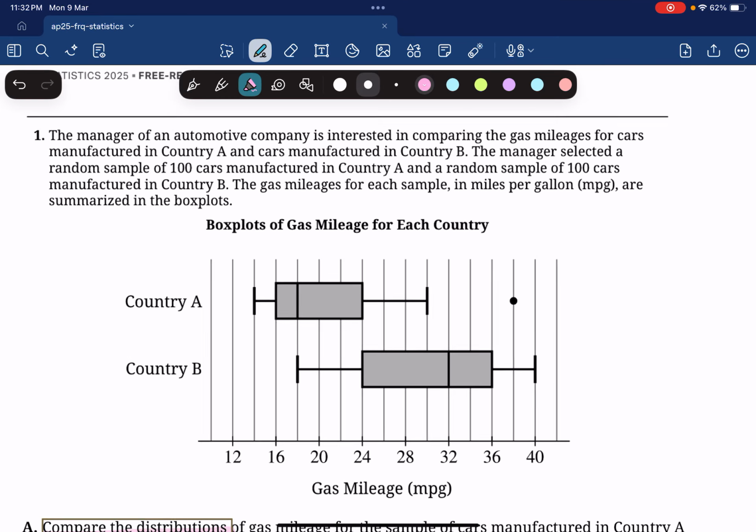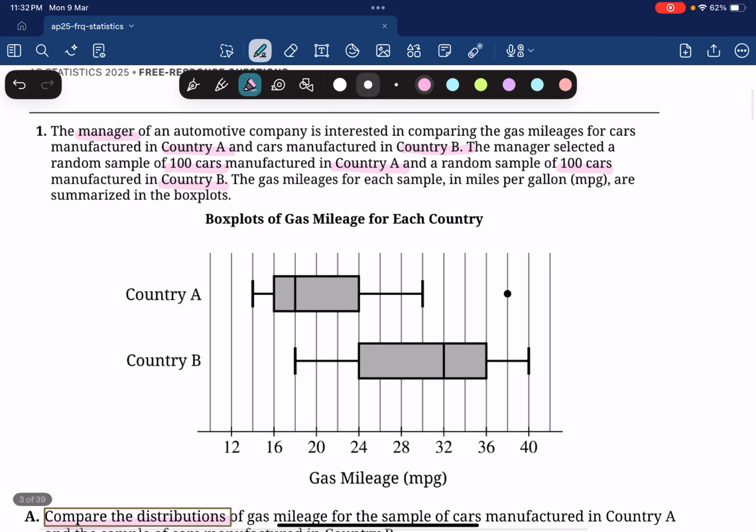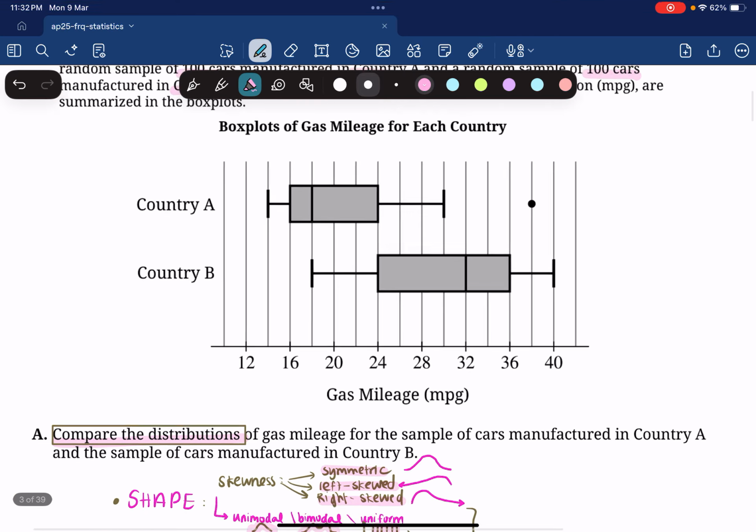So free response question number 1, we have a manager of a company who's interested in comparing the gas mileages for cars manufactured in country A and cars manufactured in country B. So he selects a random sample of 100 cars from country A and another random sample of 100 cars from country B. And so they gave us the box plots for each country, and they asked us in part A